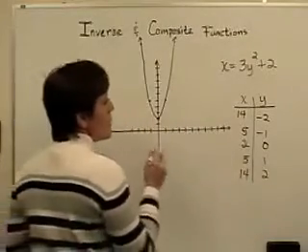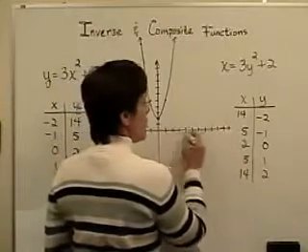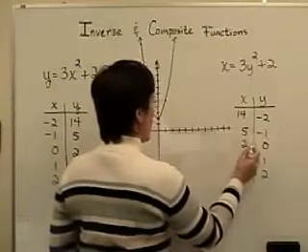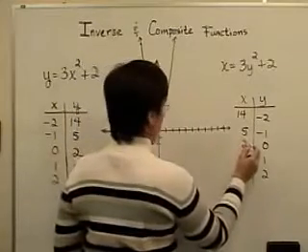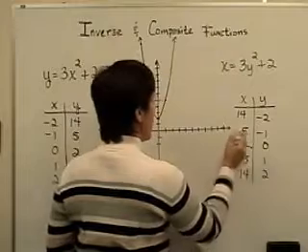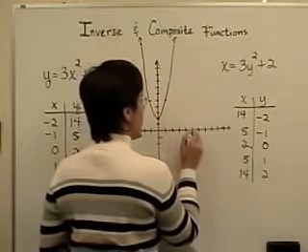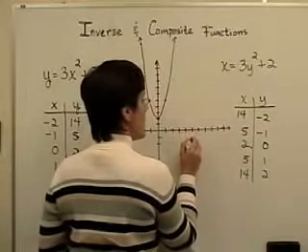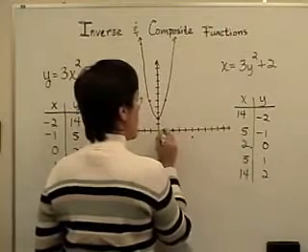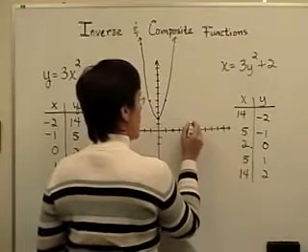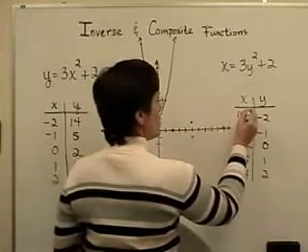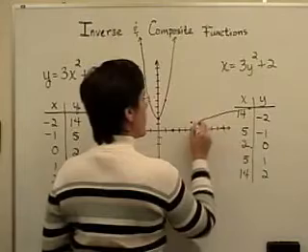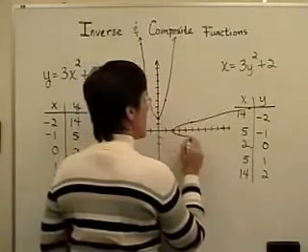Again, like the last one, when x is 14, I'm way out here somewhere, and y is a negative 2. This point right here, where x is 5 and y is a negative 1, is right there. When x is 2, y is 0. When x is 5, y is 1. And when x is 14, y is 2. So a point way out here. And I have something like this, a parabola again,